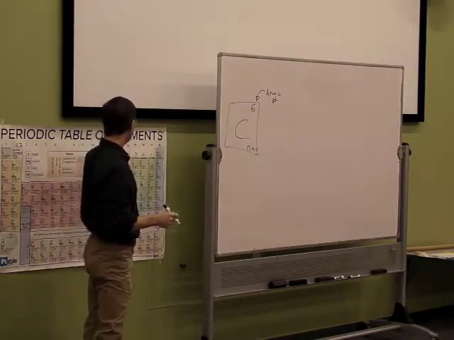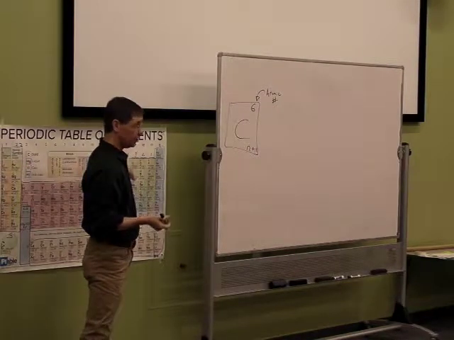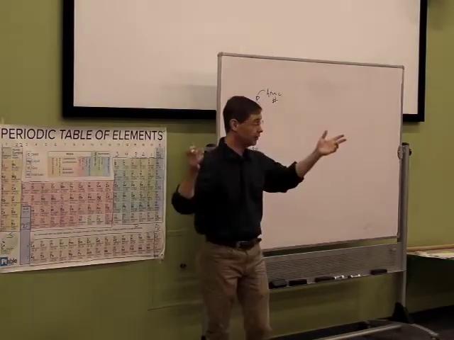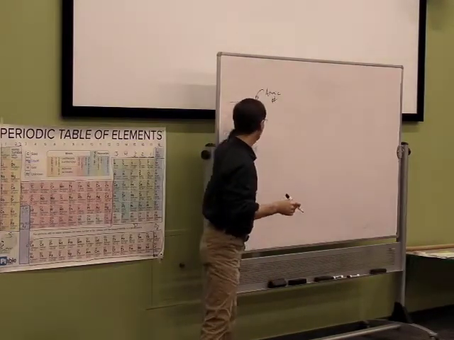And you notice on this periodic table, the atomic number is at the upper left. I wrote it in the upper right. Sometimes it's right smack down in the middle. It just depends on the table. But usually it's up here.